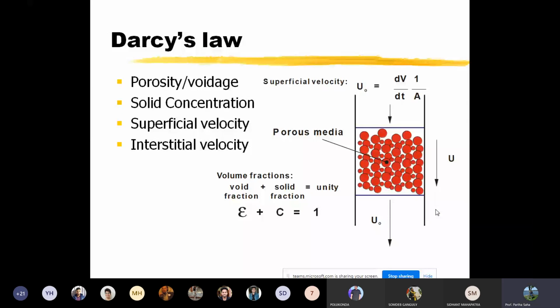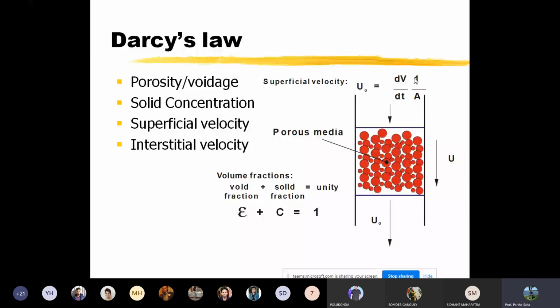So as you can see here, this is a packed bed of some sort of granules, and it's porous in nature because the granules are packed at a certain packing fraction. So what happens when a liquid percolates through this open space and tries to pass from one side to another side? There will always be some sort of resistance due to the effect of that granular material.